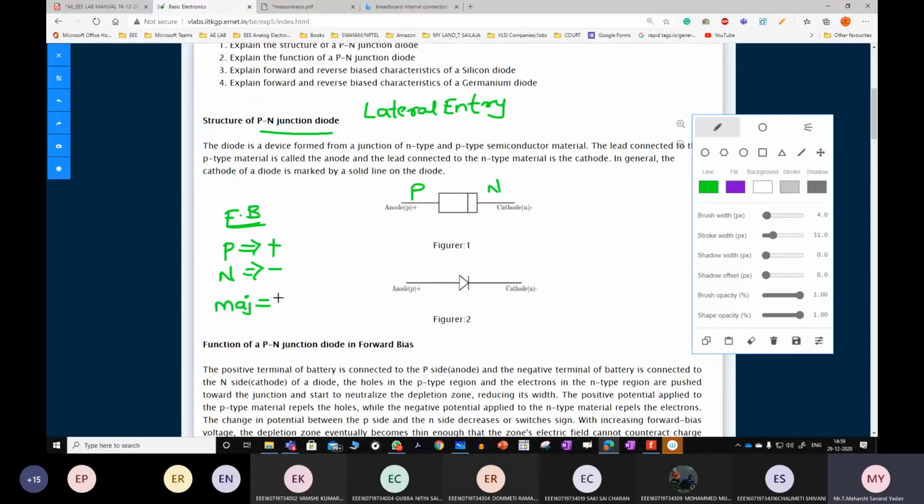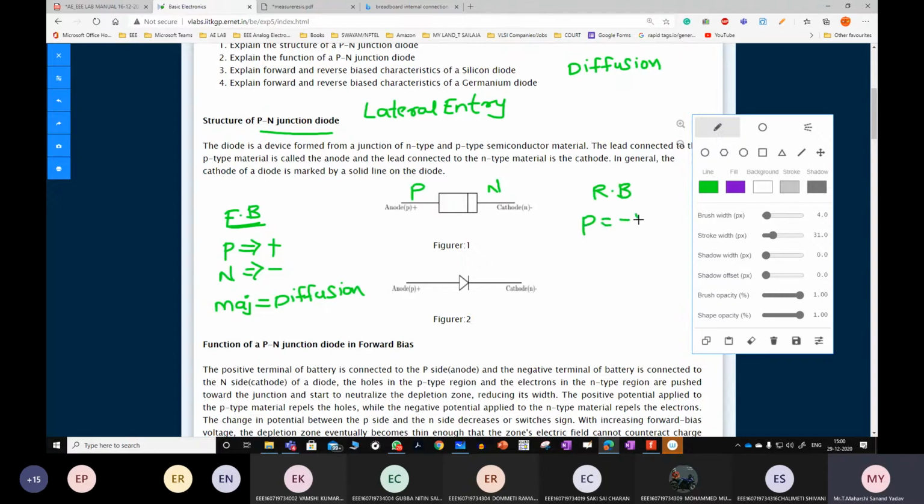Two types of currents are there. Yes, sir, drift current and diffusion current. Because of majority, which one? Diffusion current we will get, sir. Diffusion. Okay.